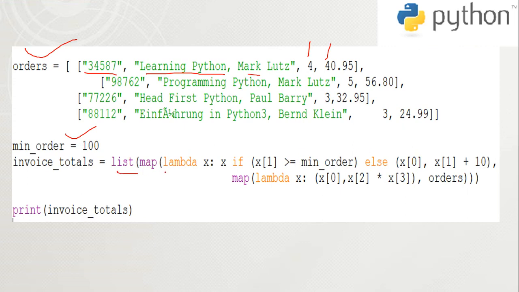Now list map of lambda x. So the x is here because this is x of 0, this is x of 1, right? Now first, this entire thing will be treated as the 0 index. In the 0 index, we have 1, 2, 3, 4, right? So first of all, it is performing this